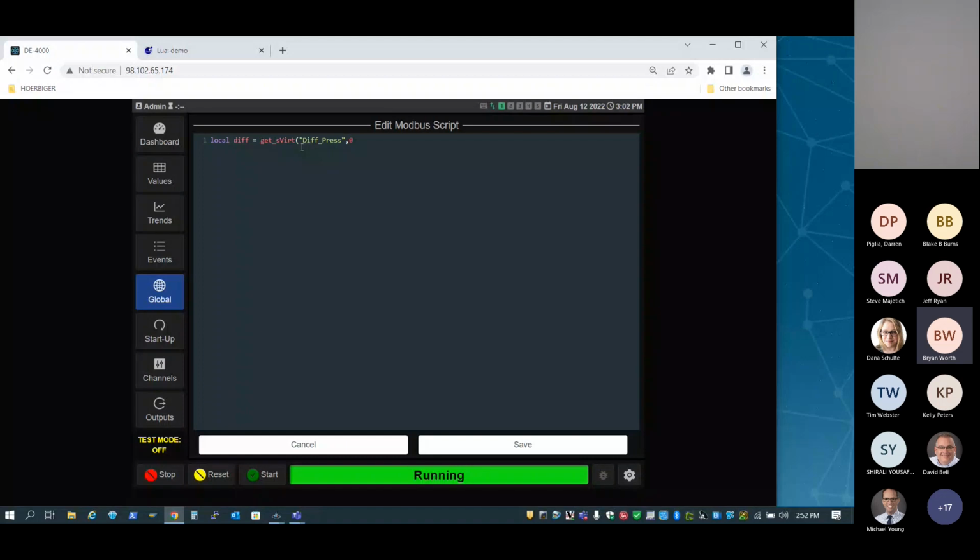And again, I want to use (0) so we get a default value if it's not been created yet. And then we just use the set Modbus function, and we say set Modbus, and then the register we want to use, which would be 300, the value that we want to set that to, which would be the diff, and then the